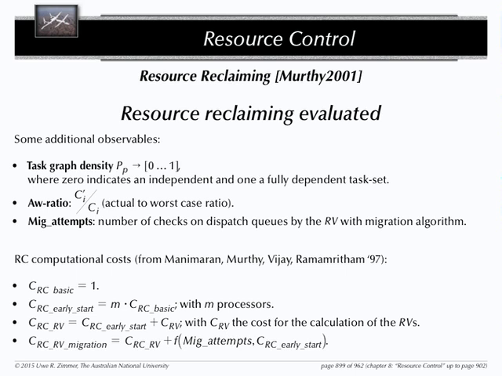Basic resource reclaiming has constant complexity and an early start, and it goes with the number of processors, but that's usually irrelevant. Restriction vectors without CPU swapping don't cost you much at runtime, but they cost you something at compile time, which is irrelevant because it's compile time, so it doesn't influence actual runtime behavior. But for the actual task migration restriction vector system, you have to add the overhead which comes with actually swapping CPU queues.